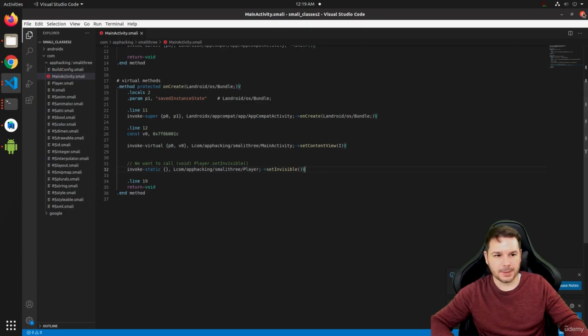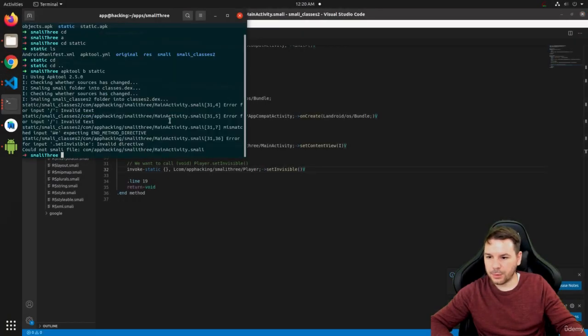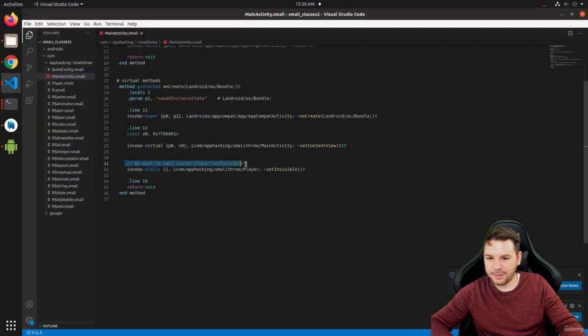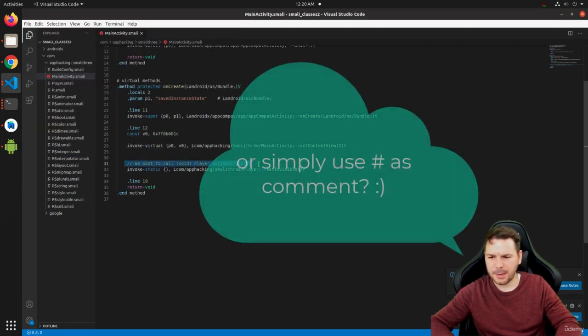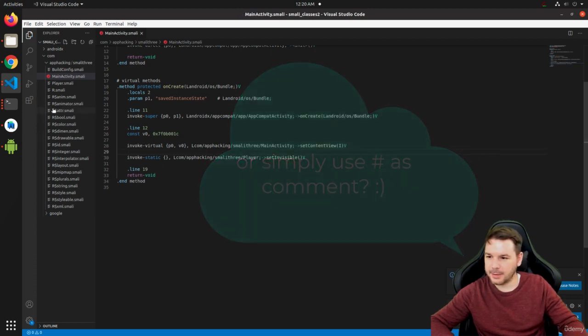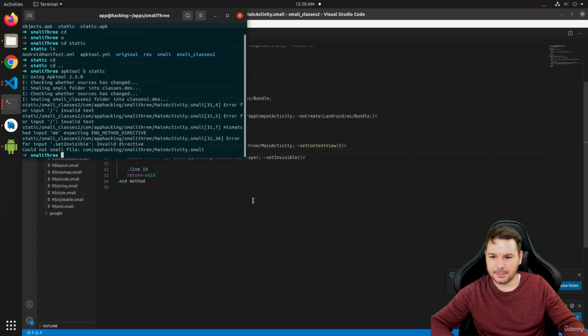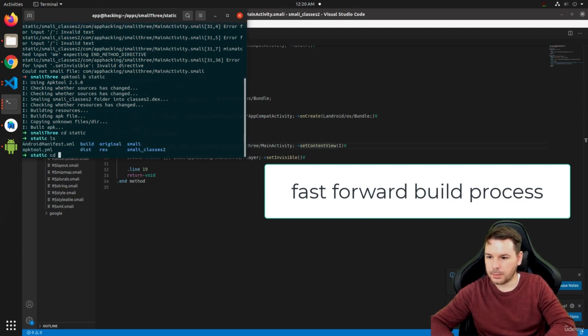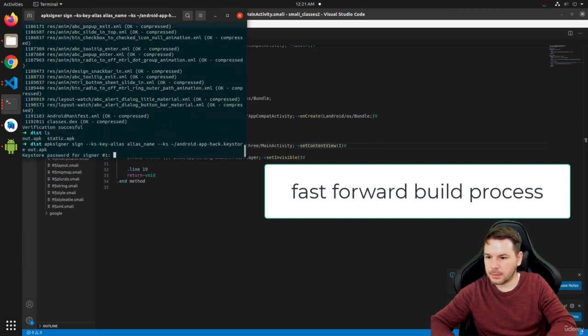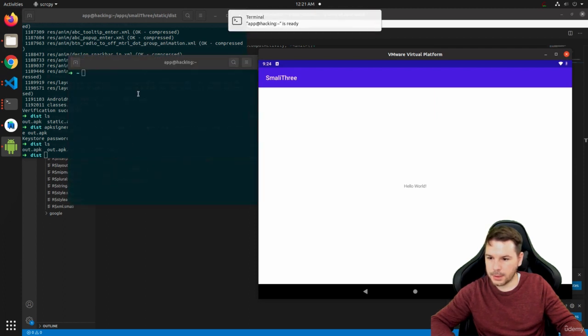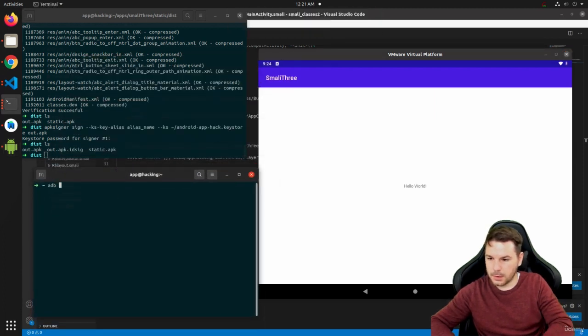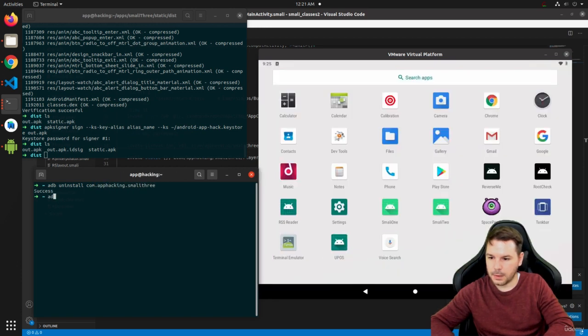So I see you in a few moments. By the way, I've got this following error right now, and this is because I left this comment in. So if you patch Smali, maybe do not write these comments in. Then you can avoid errors like this, because having those comments, it's not valid Smali syntax. There's our screen. adb uninstall com.airpacking.smali3, adb logcat -c, so we clean the logcat output. Now we install our new version,